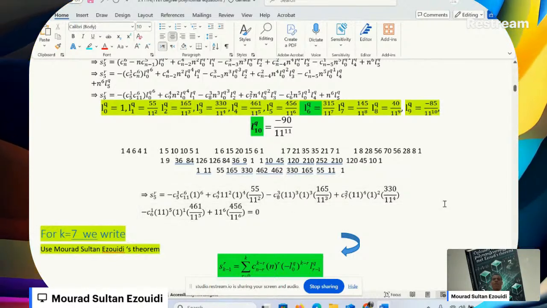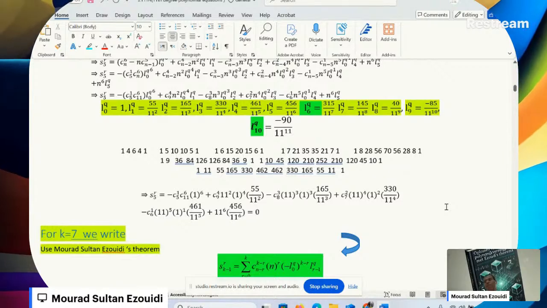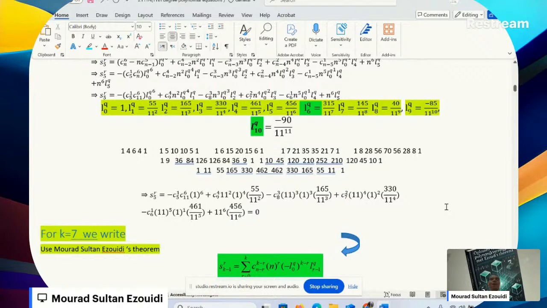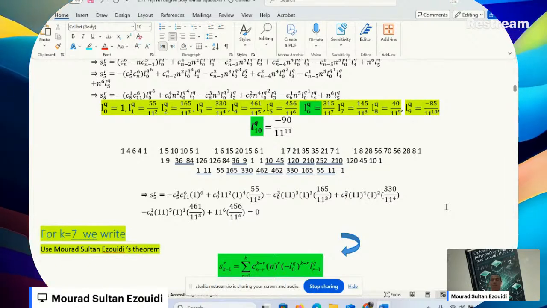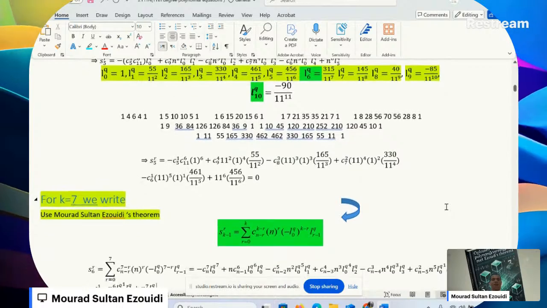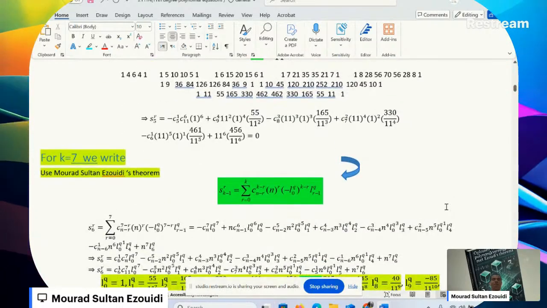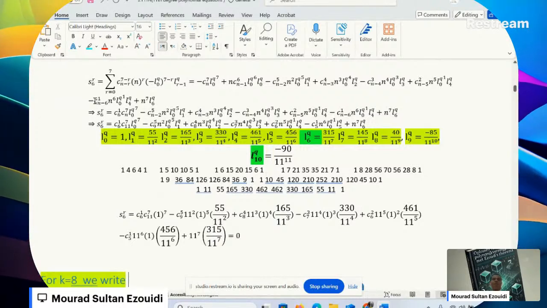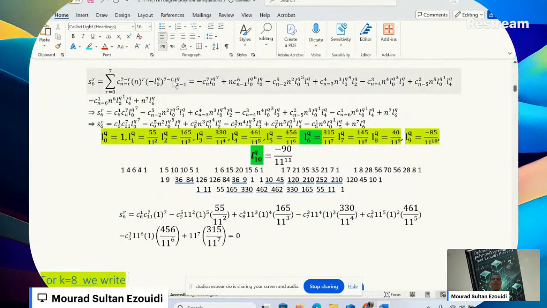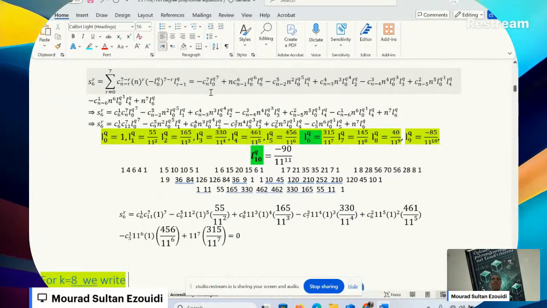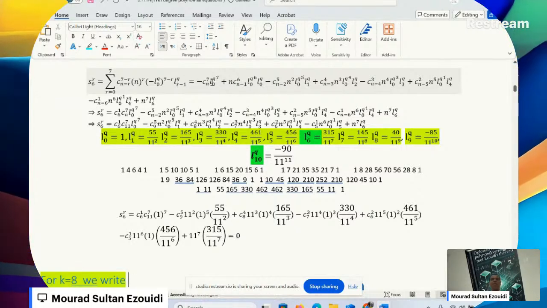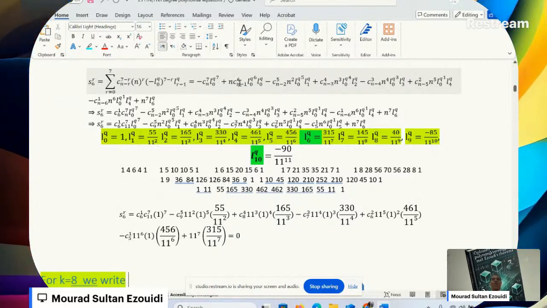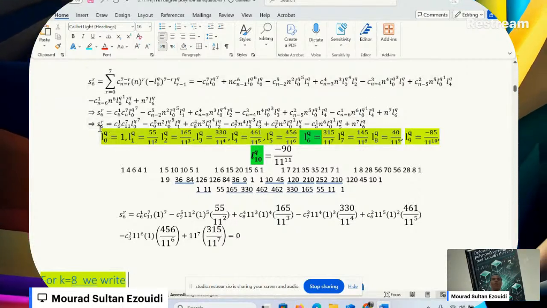So this calculation adds up to a no. Okay, we dive into the structure again and put k equals 7. I will just use the Ezouidi theorem, and I replace k with 7. I obtain this one. Expanded in terms of binomial coefficients, the highest power of the polynomial and the coefficients of this polynomial, I obtain this formula S6.